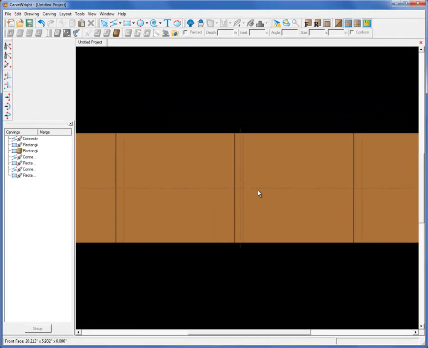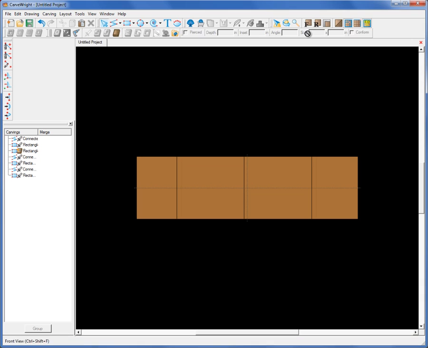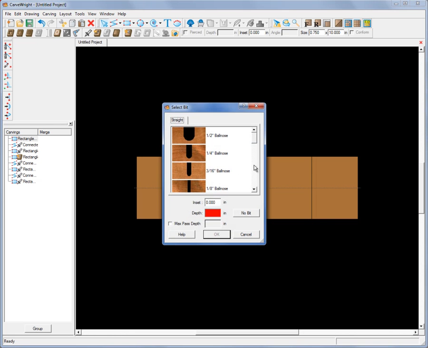And it gives you those nice straight vertical sides, unlike the Carve Region tool, which will give you those tapered sides. Using a straight bit will give us those straight vertical sides we're after. Now it's even easier if you have one of the optional CarveWright bits, the 3/8 inch bit. If you simply draw a rectangle 0.75 inches wide and assign the 3/8 inch bit,